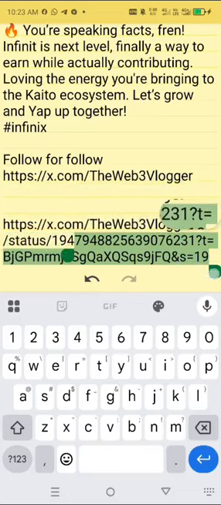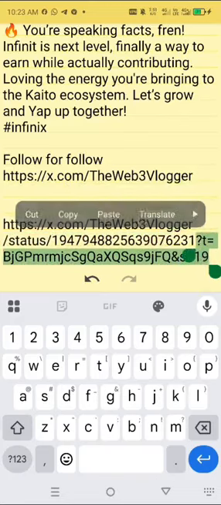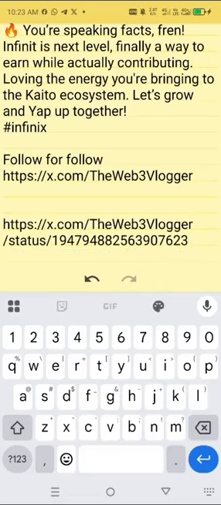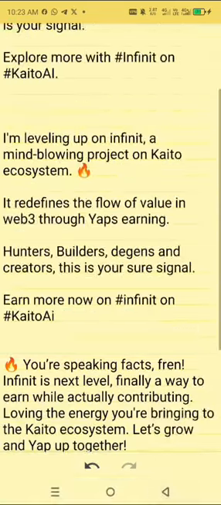You can see that question mark T is the tracking ID which Twitter uses to track your post, whether you are doing robotic work, whether you share the link to people to just click directly, because you are not supposed to get this link directly. What you're supposed to get is this. So this is what you're supposed to get. All right, so this is the original link.